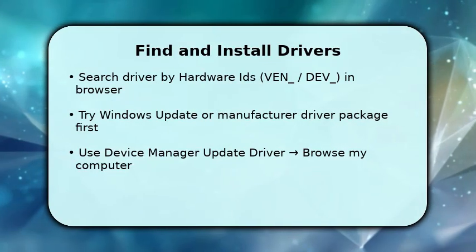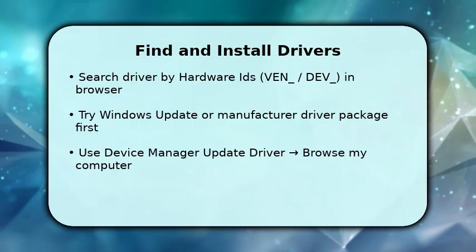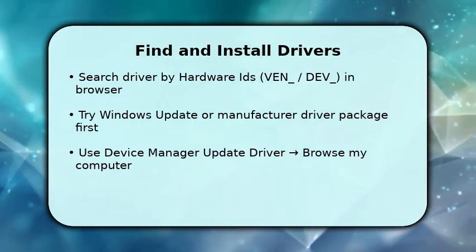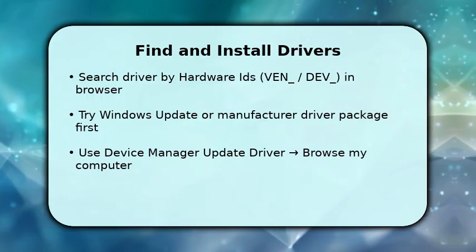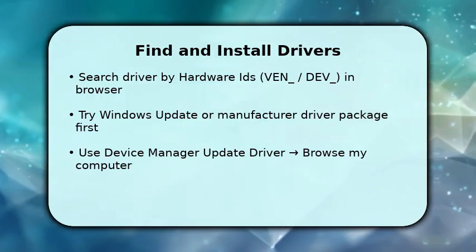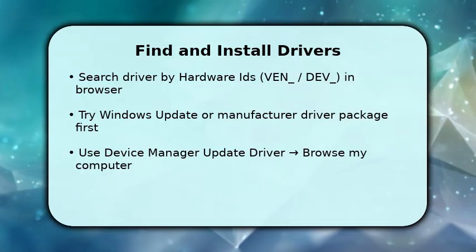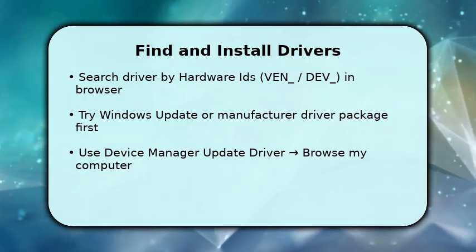With the hardware IDs at hand, search for the exact VEN and DEV string to find the correct driver. Start with Windows Update. Often Microsoft supplies a matching driver automatically. If that fails, go to the device or PC maker's support site and download the official driver package for Windows